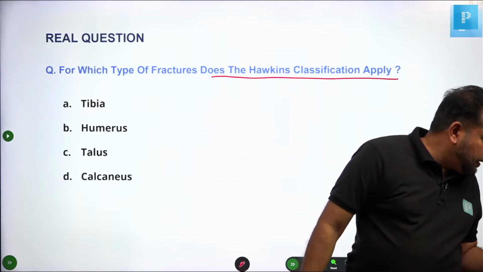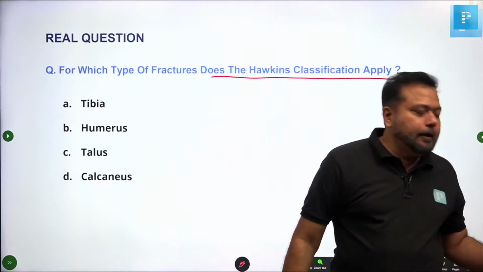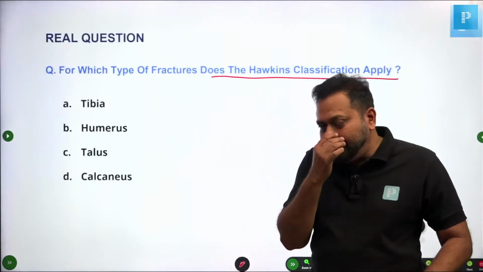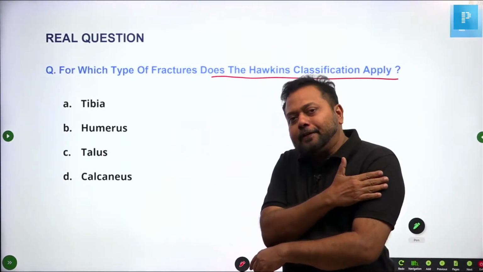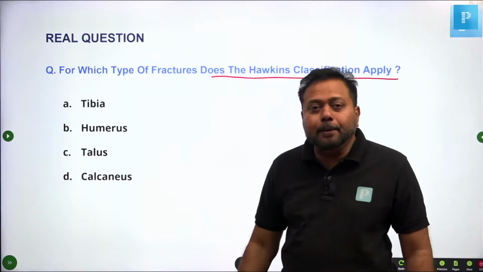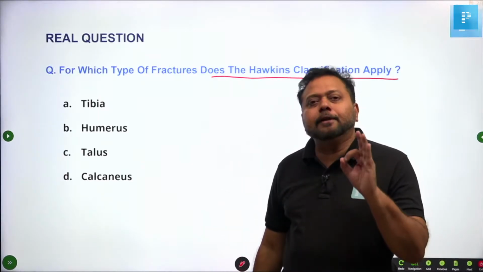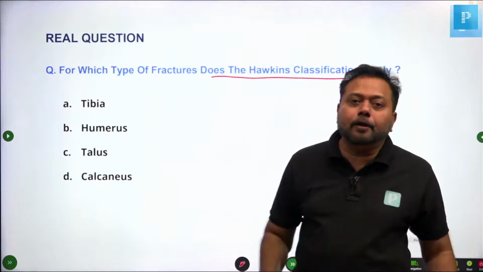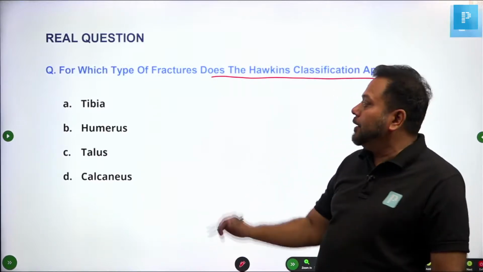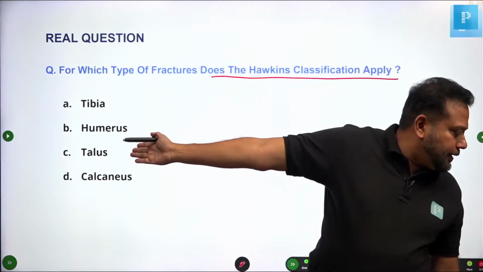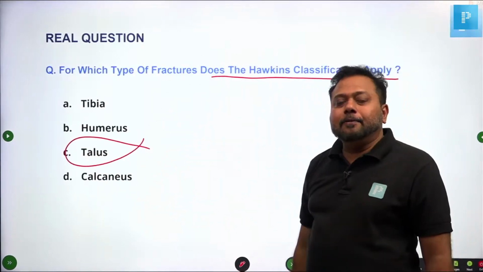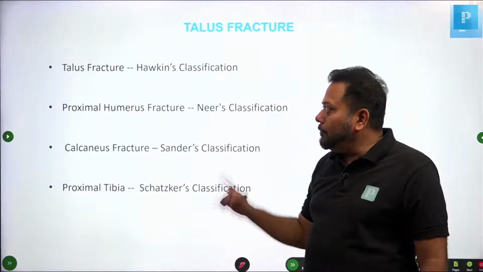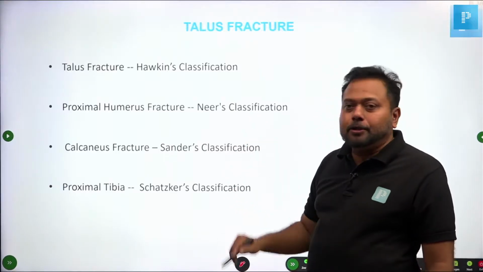You said it looks a little like a regimental patch. Regimental patch sign is totally different. You won't see a sulcus or groove like that. Regimental patch sign is loss of sensation over the deltoid. That is seen in anterior shoulder dislocation because of axillary nerve compression. Good. All of you have answered it correctly. The answer is talus. Hawkins classification is for talus. Now you see talus fracture.